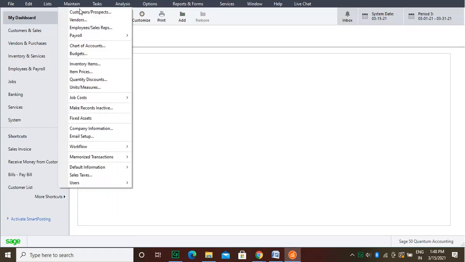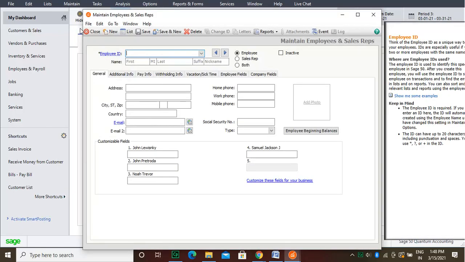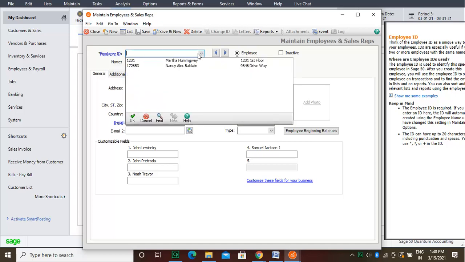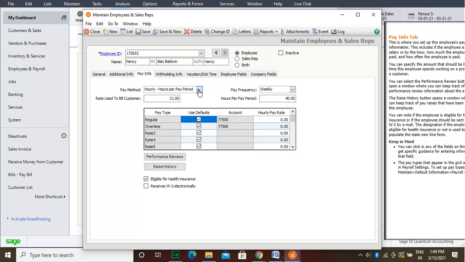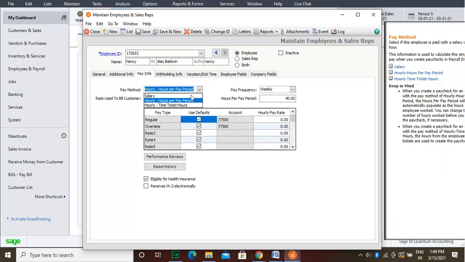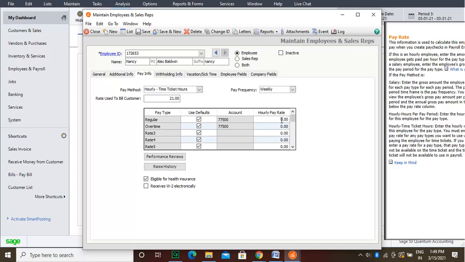Let's start with time and billing by adding time ticket employees. To set an employee to be paid using time tickets, select Maintain, Employees or Sales Reps from the menu bar to open the Maintain Employees and Sales Reps window. Select the name of the employee from the Employee ID dropdown or enter the employee's data if creating a new